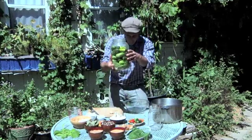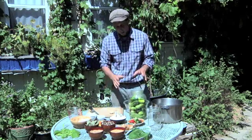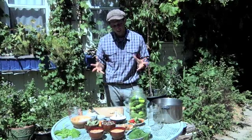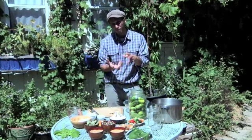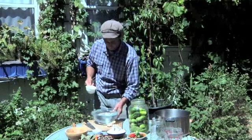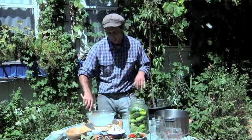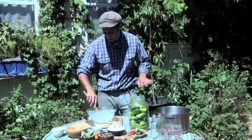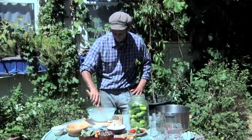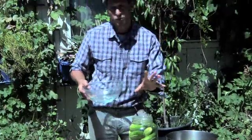So I left a little bit of space in there, and now, for the magic moment, I'm going to add my salt water. Now remember, we have this special word called brine, and the brine is the magical liquid that ferments the food. 1 gallon of water, 3/4 cup salt, and I'm going to be sure that I dissolve the salt completely before I transfer the brine into the pickle jar. Cover the cucumbers all the way, leaving a little room at the top of the jar,